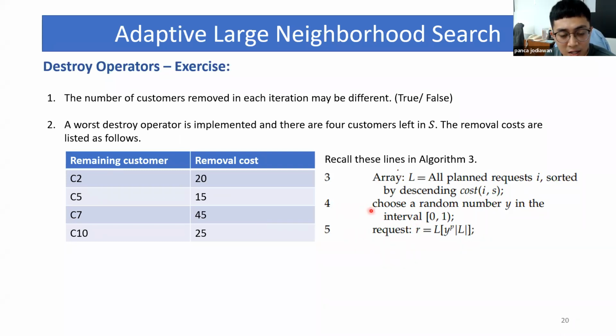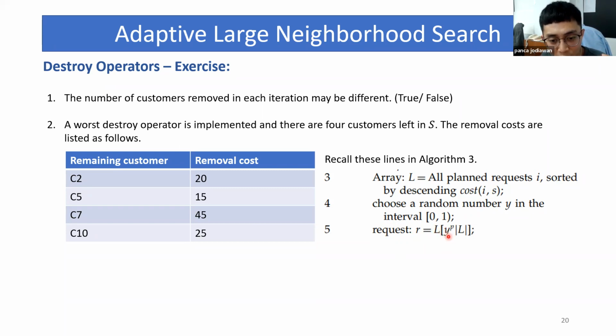Then the fourth line, choose a random number in the interval 0 to 1. The code will generate a random number between 0 and 1. And then the selected request R equals the index of the list.